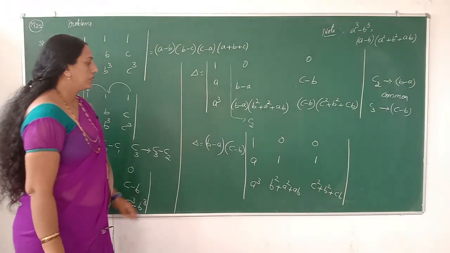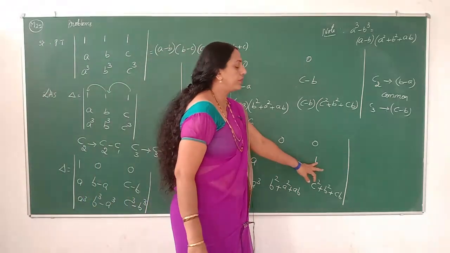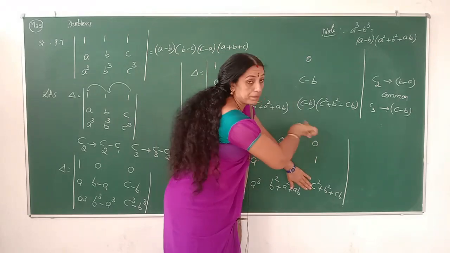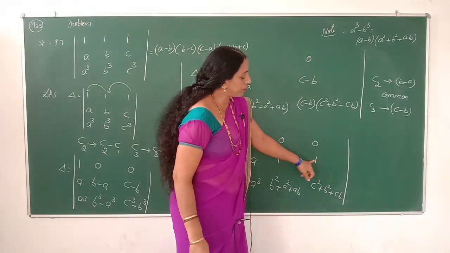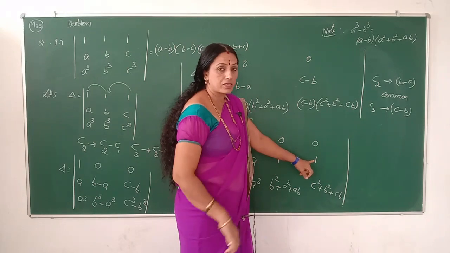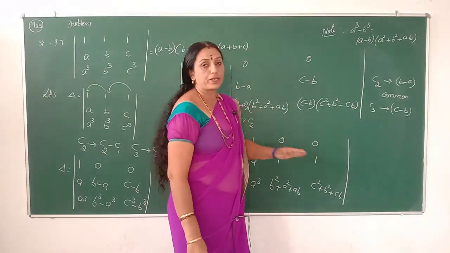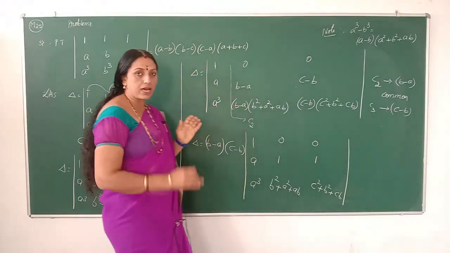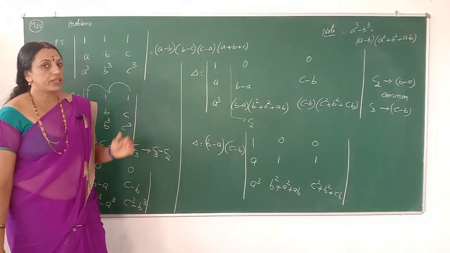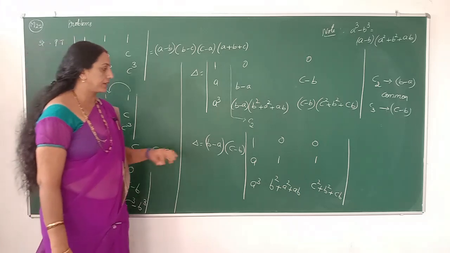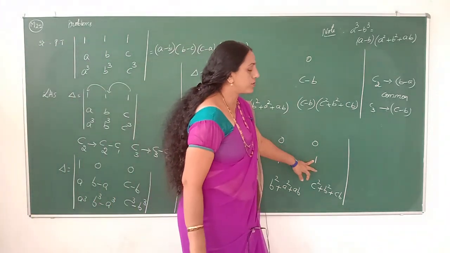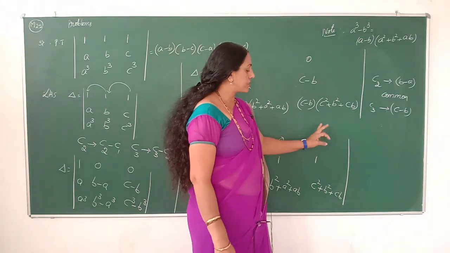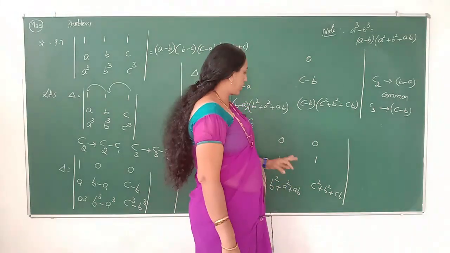So then, next we'll come to the elements of the third column. Again, these will be called one side of the principal diagonal elements. Suppose it can be written as 0, then we'll apply the last property of determinants: if one side of the leading diagonal elements are 0, then the value of the determinant is the product of the diagonal. So how do we reduce the second element of the third column to 0?